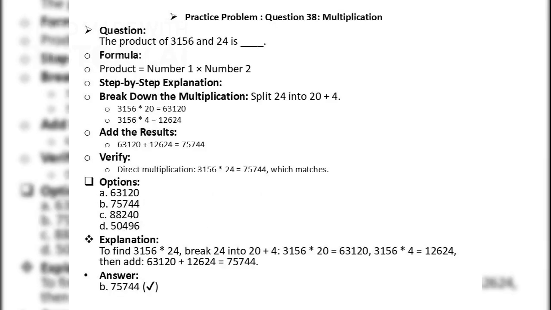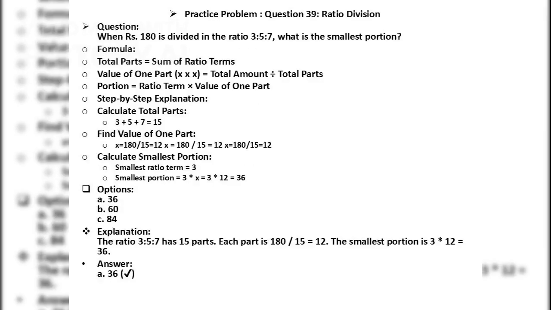Now, let's tackle a multiplication problem. To find the product of 3,156 and 24, we break down the multiplication into simpler steps. Moving on to ratio division. When 180 rupees is divided in the ratio 3:5 to 7, we calculate the smallest portion by finding the value